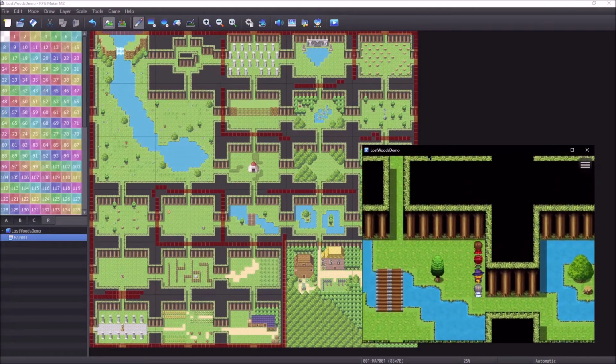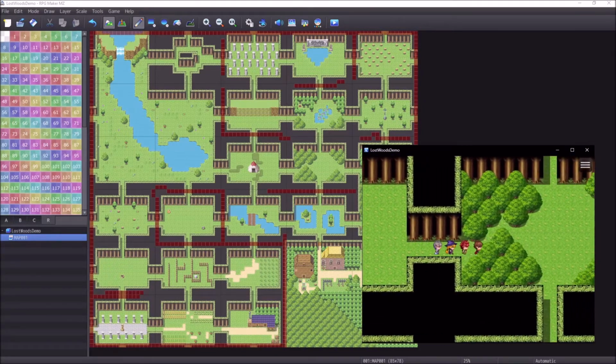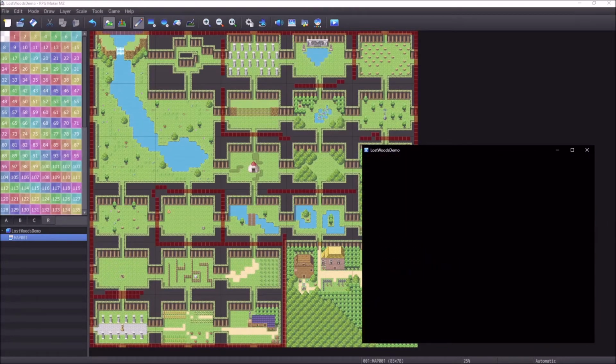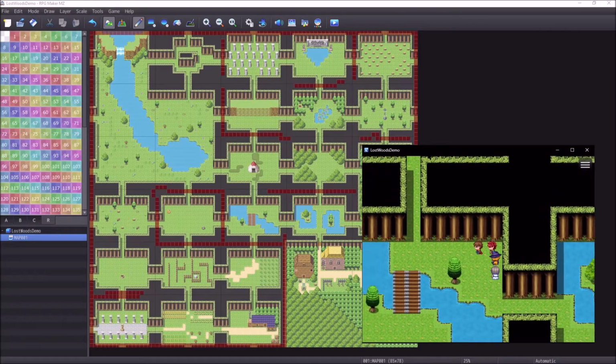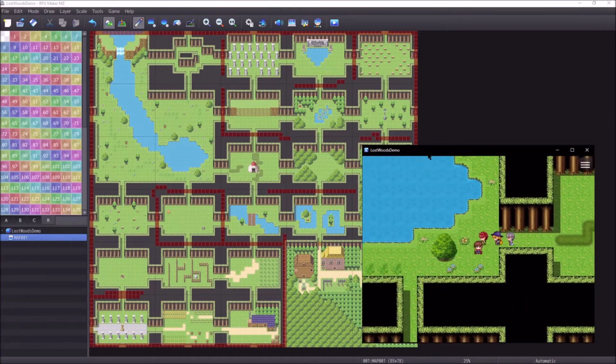So we need to continue figuring out this map. So how about this way? Now technically we were allowed to go there, but I have the trees messed up, so it didn't work. So we can't go up still. The trees are blocking that path, so now we know we have to go into this one,